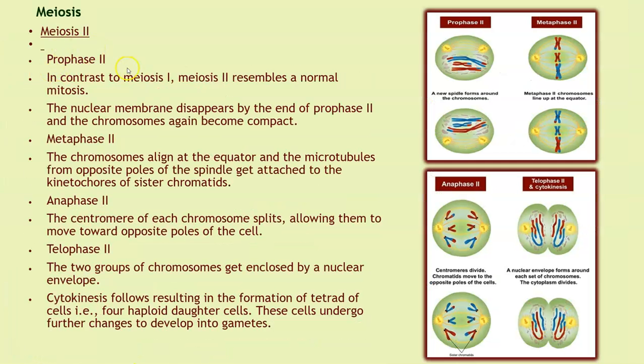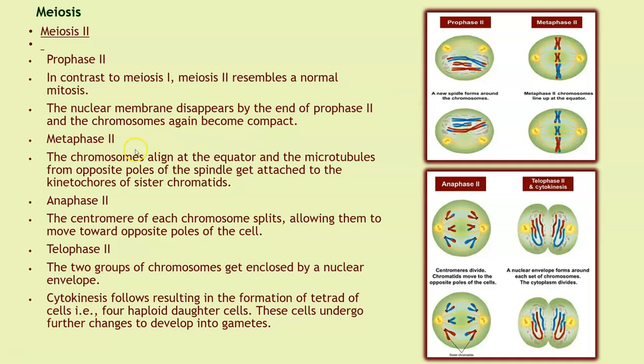Meiosis 2 begins with prophase 2. In contrast to meiosis 1, meiosis 2 resembles a normal mitosis. So here, in contrast, your meiosis 1 was very much different and your meiosis 2 resembles normal mitosis. The nuclear membrane disappears by the end of prophase 2 and the chromosomes again become compact. So here you have the nucleolus disappearing, the nuclear membrane disappearing, and the chromatin material begins to condense and form